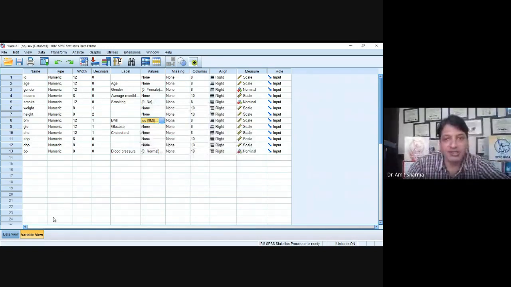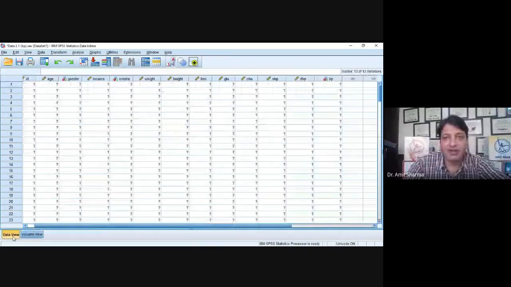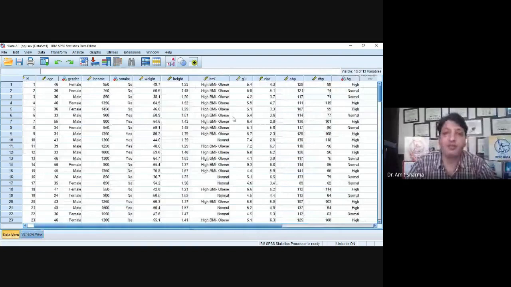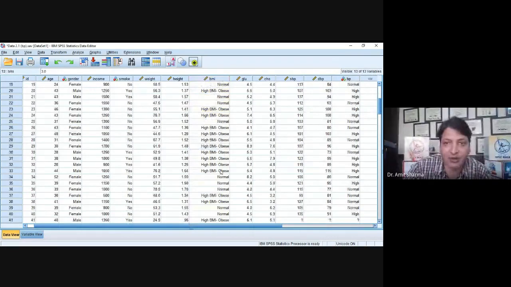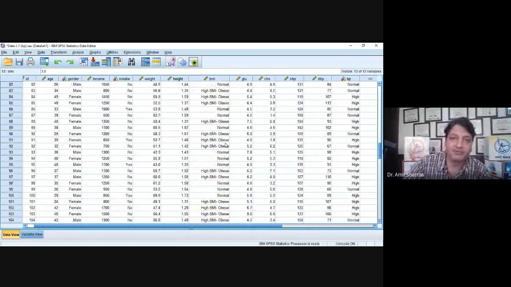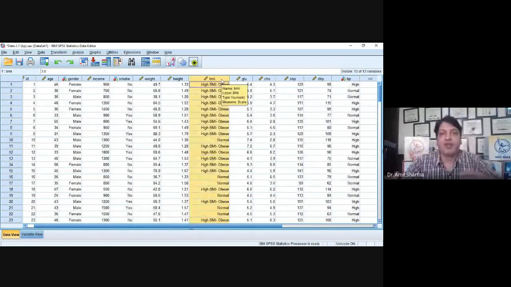In Data View, you can see that whatever data we entered in the form of numbers, the actual BMI, is now converted into different groups. Patients having low BMI, we have normal, and we have obese, like that. Clear? Now we are ready for the ANOVA test, because the ANOVA test checks the value level also.